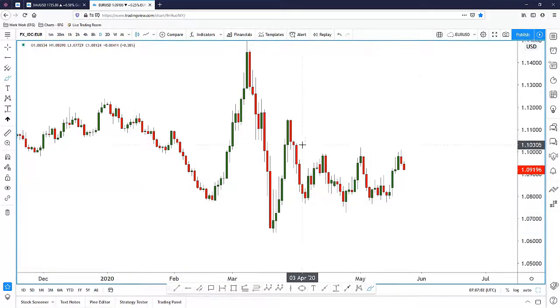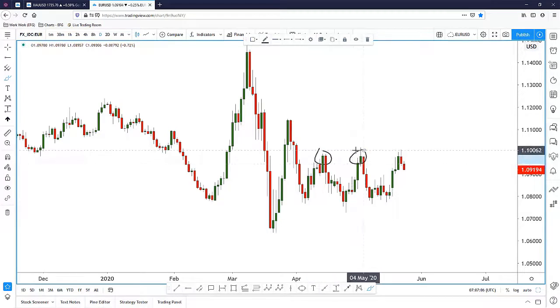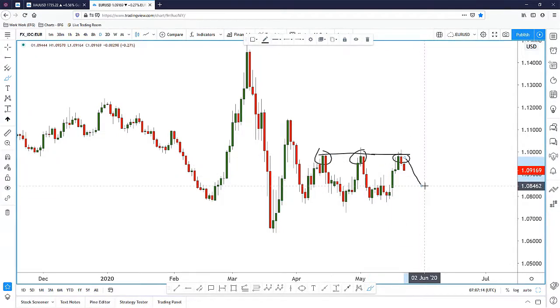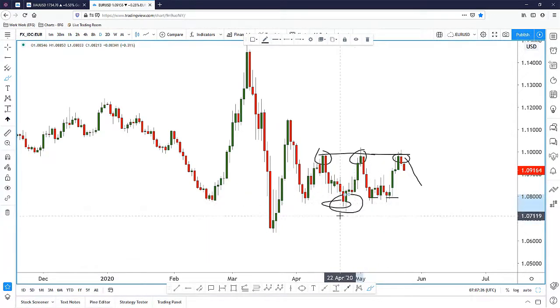Okay, what I see here is that price made one high and then it came back, tested the same level again, and then recently it tested the same level again, and now price is pushing lower, right? At the same time, price made a low here, and over here price has been consistently slightly higher than this low. So if we were to connect all these points, it seems to be an ascending